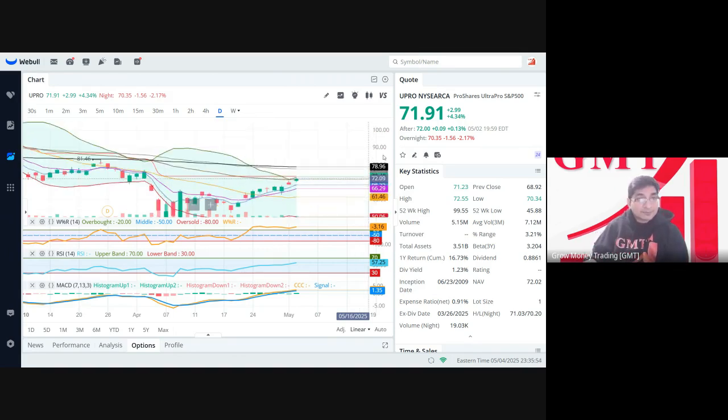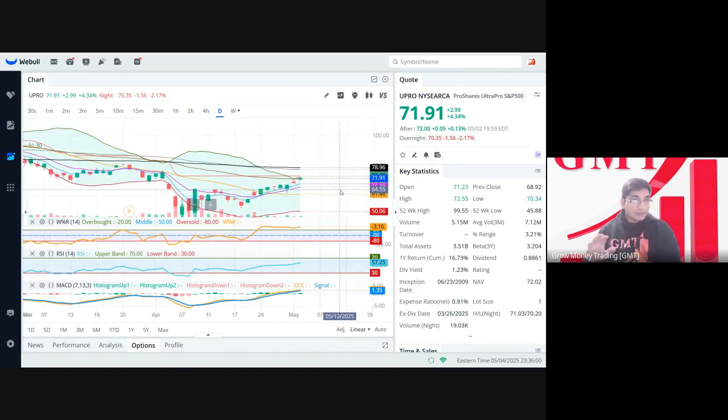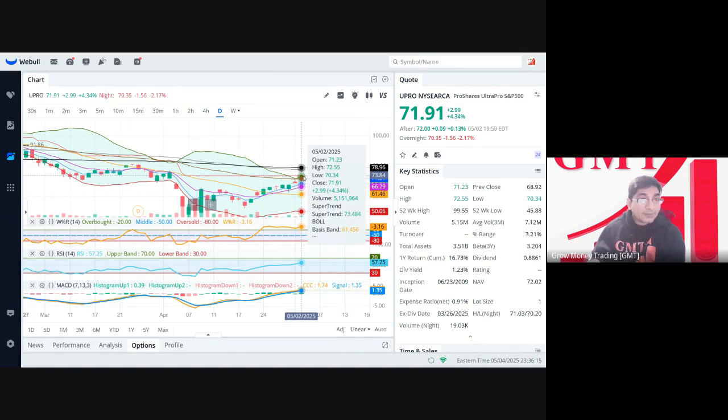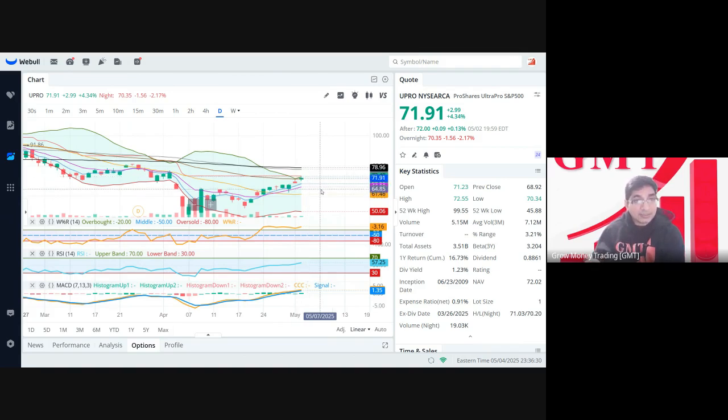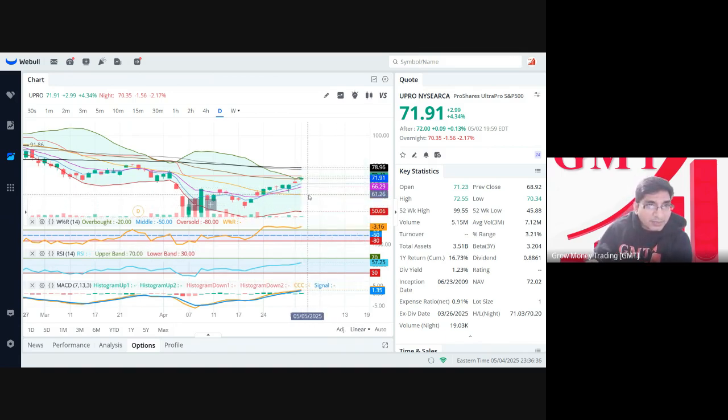In terms of this position, if you have a good quantity of positions, plan to book partial profits, let's say 50% of your positions at this current super trend level, the first resistance that I mentioned, and then you can hold the remaining portion for the next target levels. If it faces resistance here, you would have booked profit from the partial position, and then you can plan to re-enter. For re-entry, the mid Bollinger Band level of